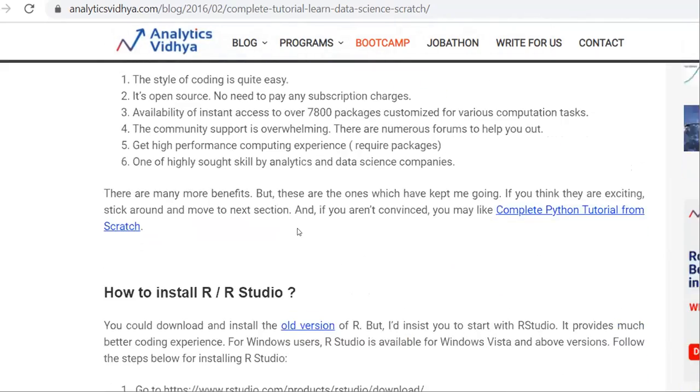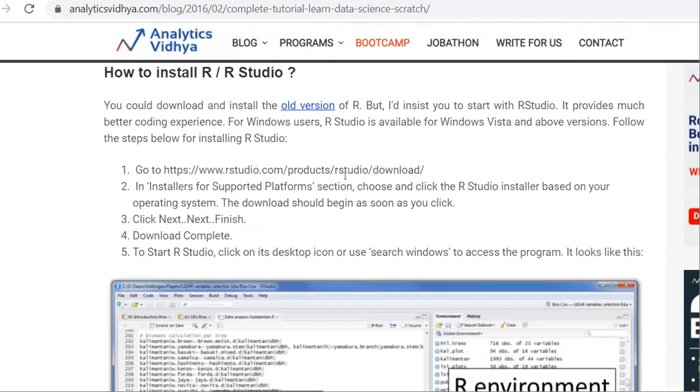Here the installation procedure is given. We can download and install R first, just like how we install the JDK for Java. From their software repository, we can install the R program first. Then we can go and install RStudio.